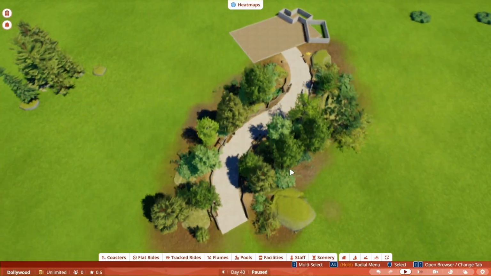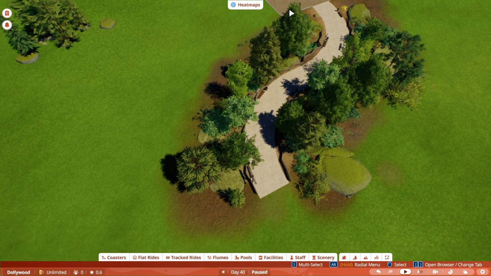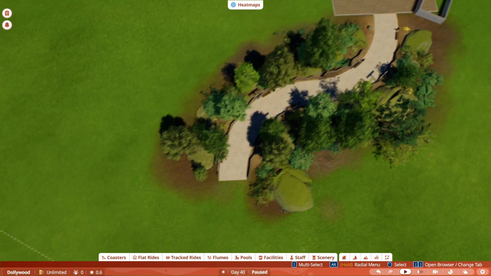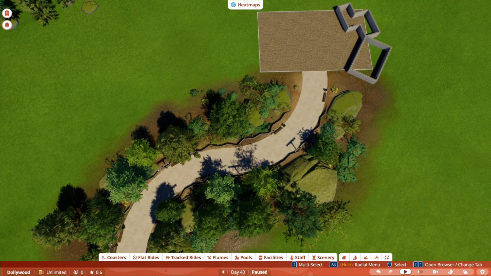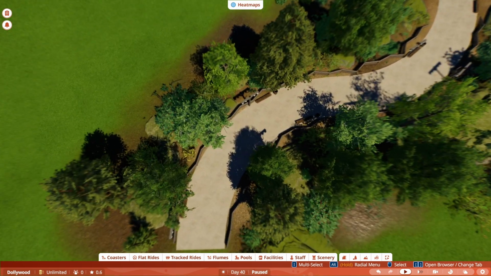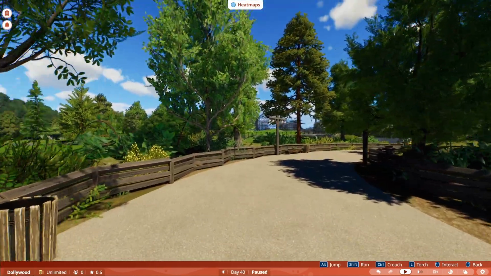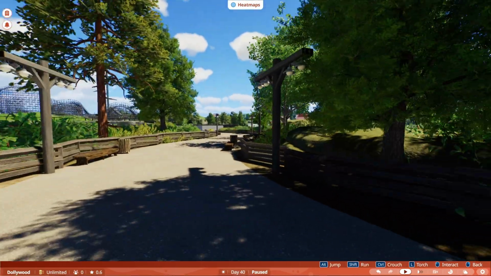Alrighty, well, I think that's all for the pathway. That's a good pathway, and I think that's what this tutorial was mostly going to cover, which was the pathway. We can go back here in the first person, we can take a walk through. Also, I forgot to include,